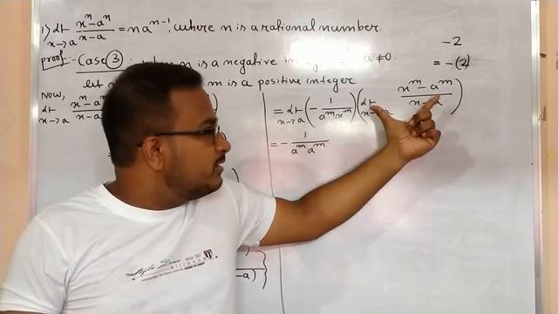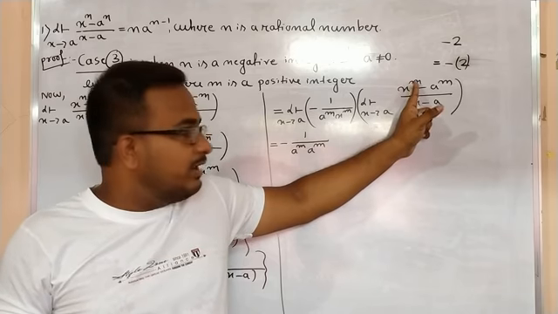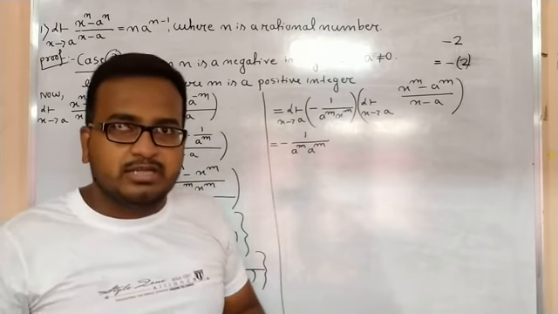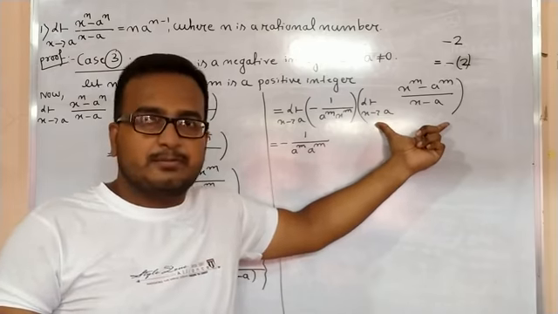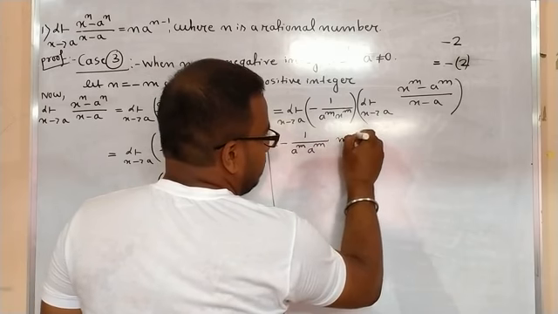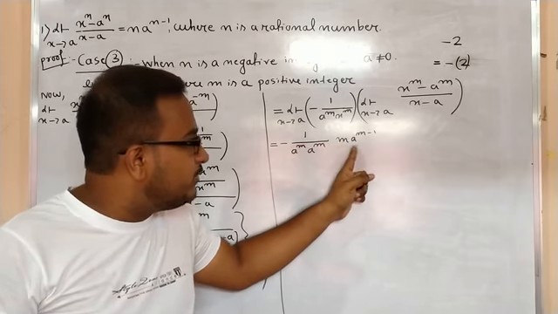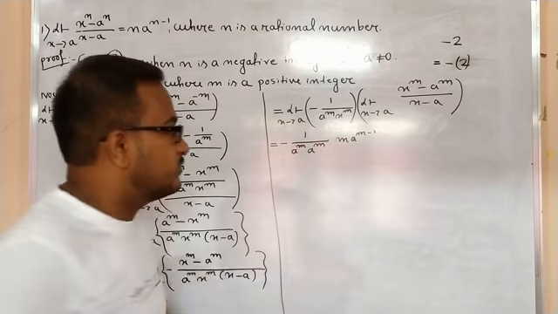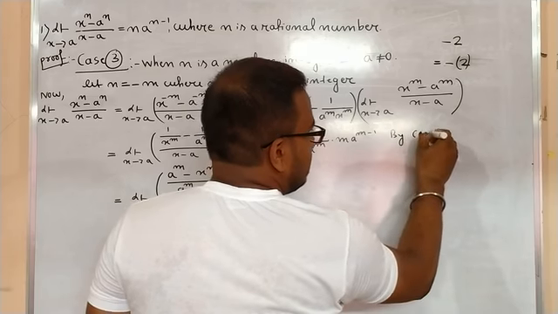Only difference is in case 2 the integer is n, and now here this integer is m, but in both the cases both the integers are positive, right? And already we have proved this result for positive integer. Okay, so now apply here. It can be written as m a to the power m minus 1, because in case 2 the integer is n, that is why I have written n into a to the power n minus 1, but here the integer is m, that's why I have written m into a to the power m minus 1. Here you have to write it by case 2.